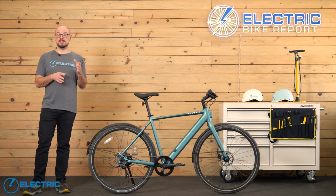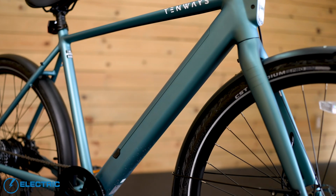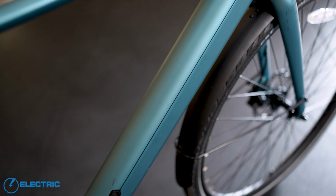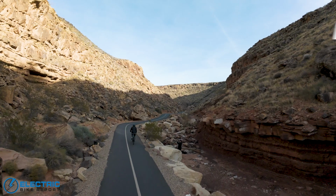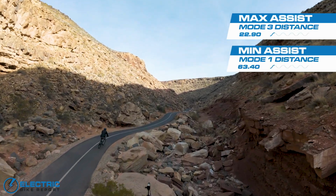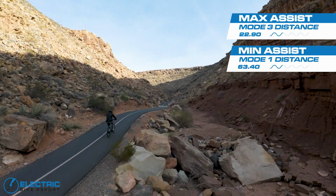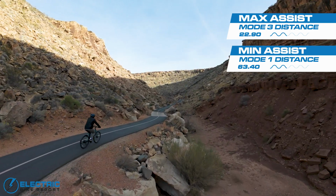Our range test is done twice, one using the highest level of pedal assist and another using the lowest. In both tests, we ride the bike until the battery runs out of charge, and we use Strava to track how many miles we get before the bike gives out. The CGO600 Pro-C gave us 22.9 and 63.4 miles with its 360 watt-hour battery, which looks great when compared with